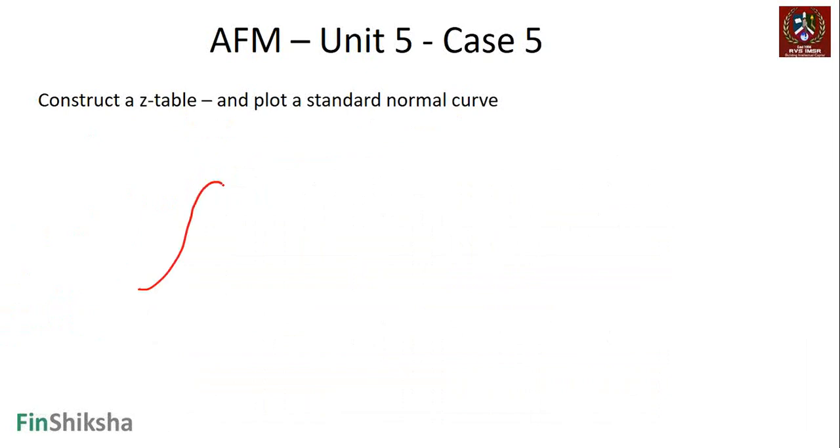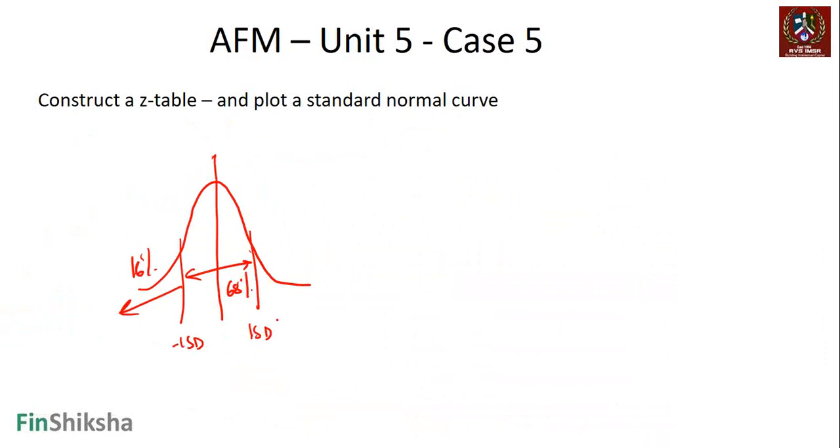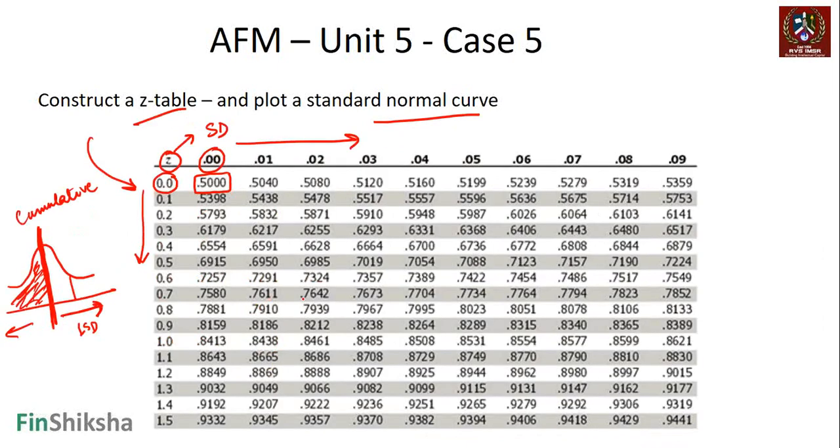If you go to 1 standard deviation, what does this mean? What do we mean by a normal curve? Between the mean and 1 standard deviation on both sides, plus 1 and minus 1 standard deviation, you have 68% of the values, which means 16% is here. So if I'm looking for 1 standard deviation on the Z table, that's going to give me this entire value: 16 plus 68%. Let's see if that is the case. 1 standard deviation, 1.0 plus 0, and that gives you 84%, right? That's exactly how we look at the value.